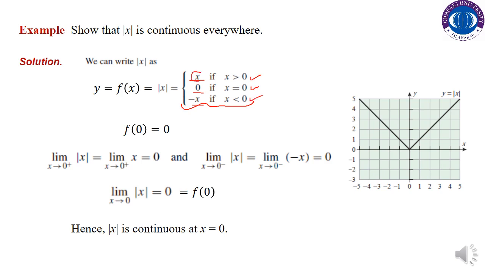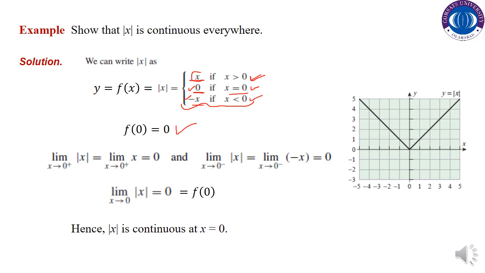तो हम सिर्फ इस पॉइंट पे कंटिन्यूटी चेक करेंगे, बाकी इंटरवल के पॉइंट्स पे देखिए आपके पास फंक्शन पॉलिनोमियल्स आ रहे हैं। ठीक है, तो पॉलिनोमियल्स हर पॉइंट पे कंटिन्यूस होते हैं। प्रॉब्लम सिर्फ वहाँ पे है जहाँ पे आपका फंक्शन चेंज हो रहा है, जस्ट हम उस पॉइंट पे कंटिन्यूटी चेक कर लेंगे। अगर इस पॉइंट पे फंक्शन कंटिन्यूस है तो इट मीन्स इट इज़ कंटिन्यूस एट एवरी पॉइंट ऑफ द रियल नंबर। ठीक है, तो यहाँ पे देखें फर्स्ट कंडीशन क्या है, हम ज़ीरो पे कंटिन्यूटी चेक करें तो ज़ीरो पे फंक्शन डिफाइंड होना चाहिए। तो ज़ीरो पे आपके फंक्शन की वैल्यू ज़ीरो है। ठीक है, सो फंक्शन इज़ डिफाइंड एट ज़ीरो।